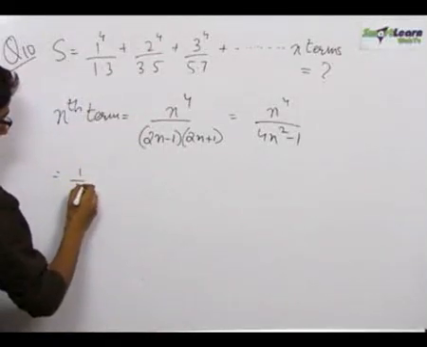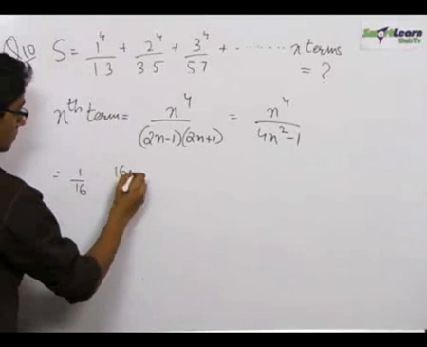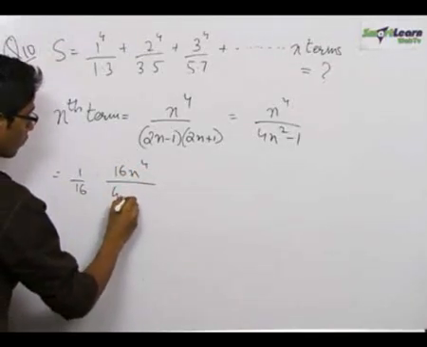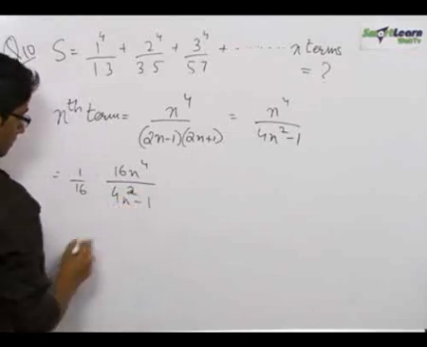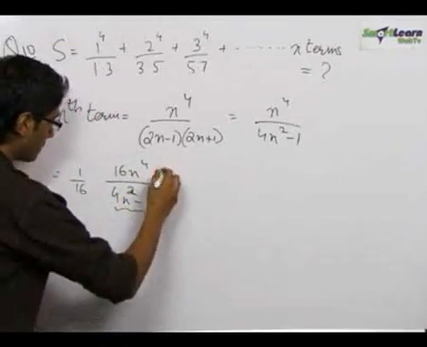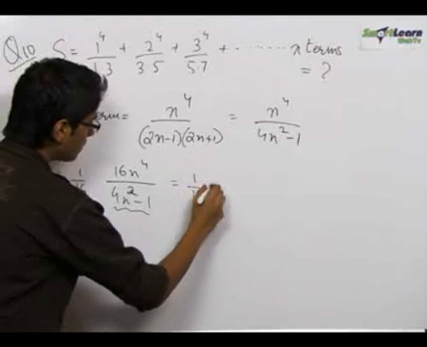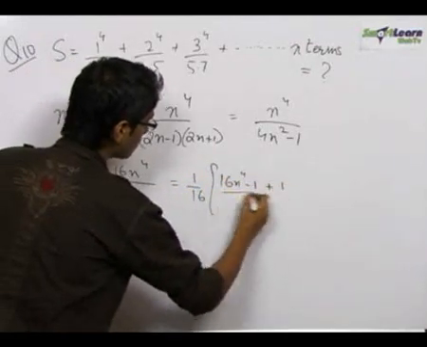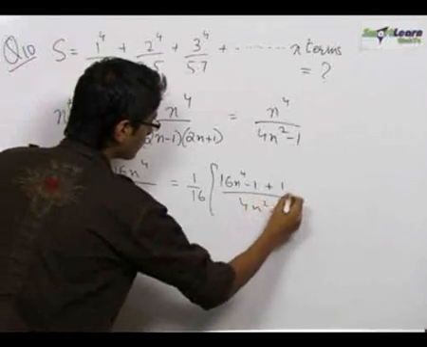We can again simplify this as 1 by 16 into 16 n power 4 upon 4n square minus 1. Now, in order to cancel this factor, we make this as 1 by 16 times 16 n power 4 minus 1 plus 1 upon 4n square minus 1,